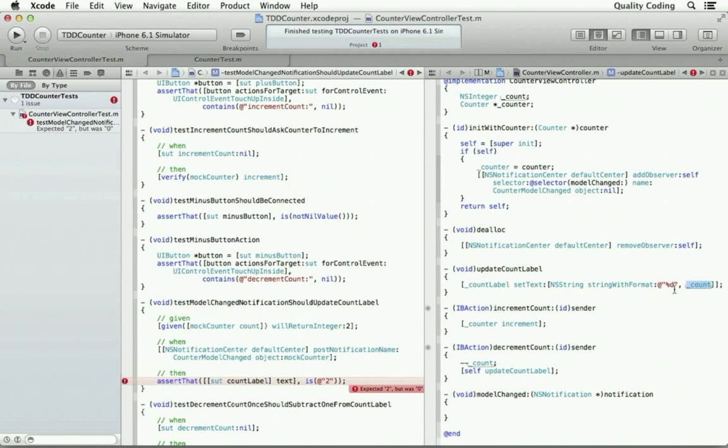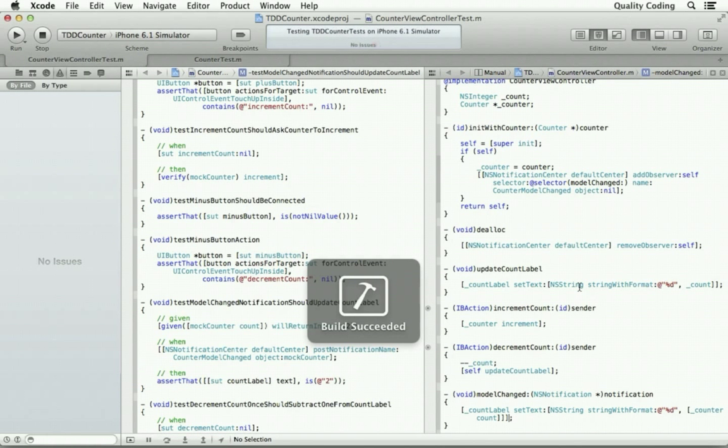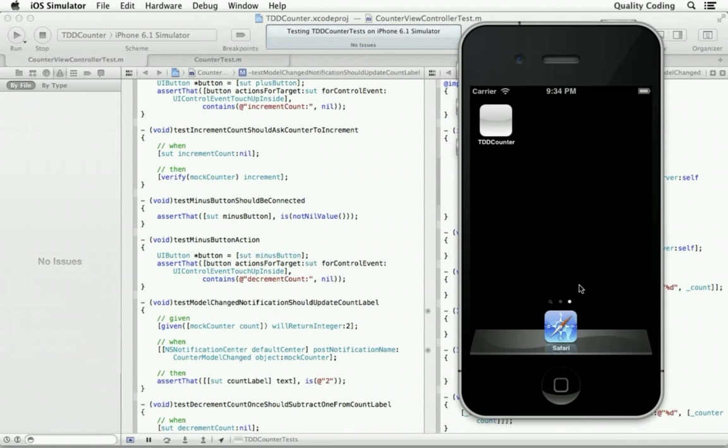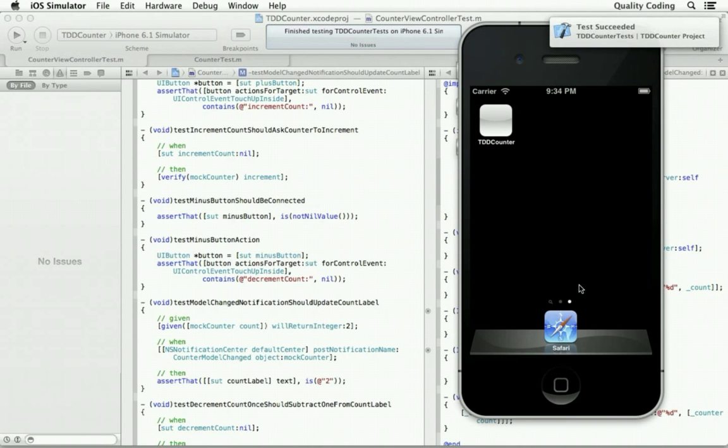This is still operating on the old count rather than the counter model. But let me grab this, bring it down here. And I'll say like that. Let's see if that works. It does.